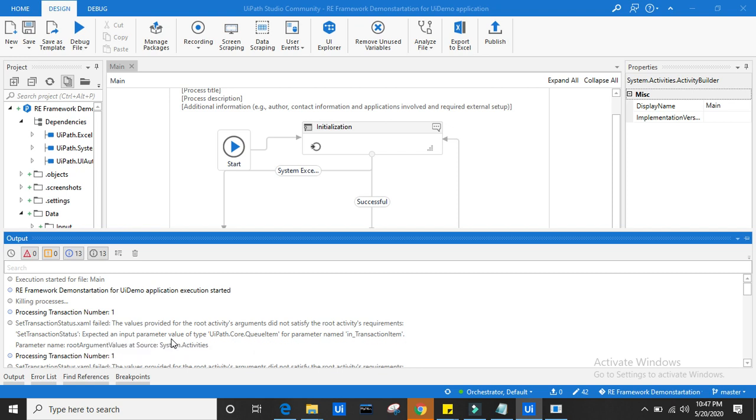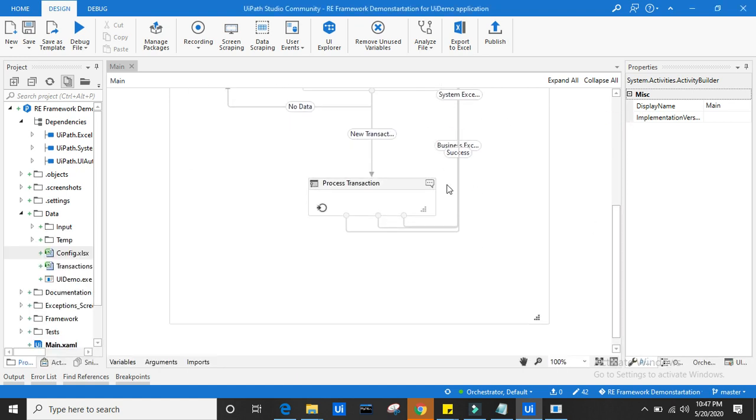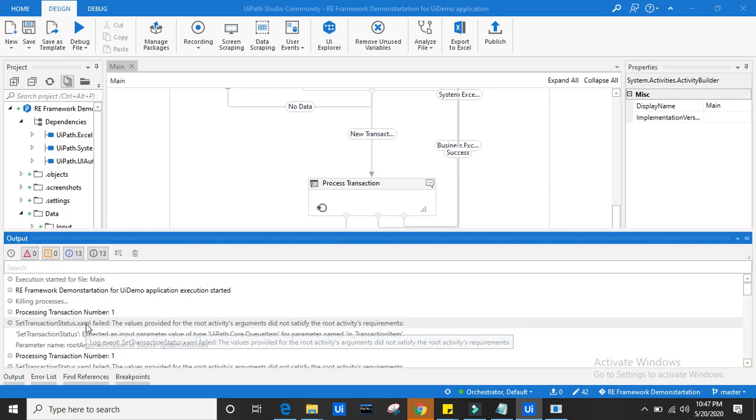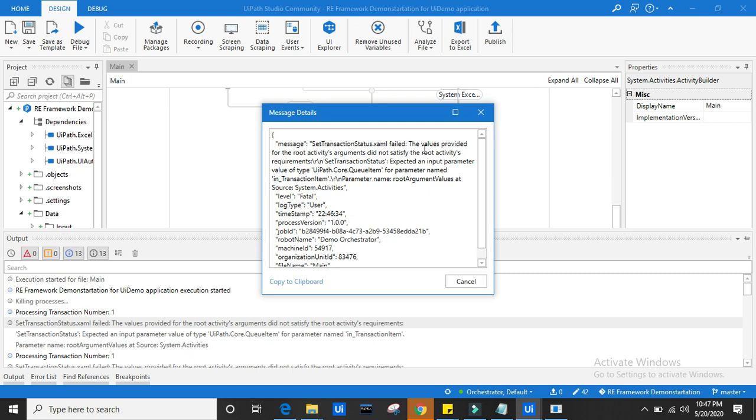Expected input parameter value of UiPath.Core.QueueItem. So the error reads that the values provided in the root activity are wrong. It says it expects UiPath.Core.QueueItem, but I should change the data type here also. That's why I'm seeing this error.